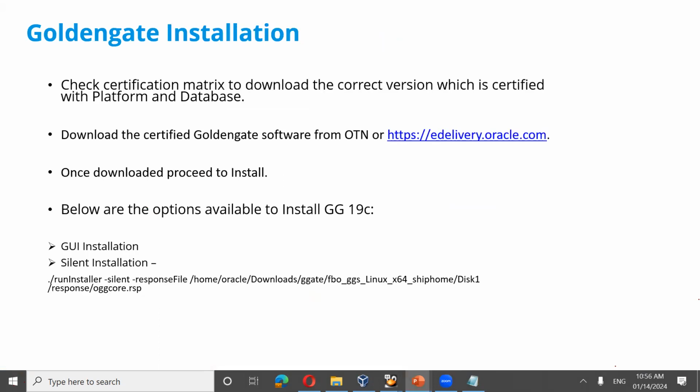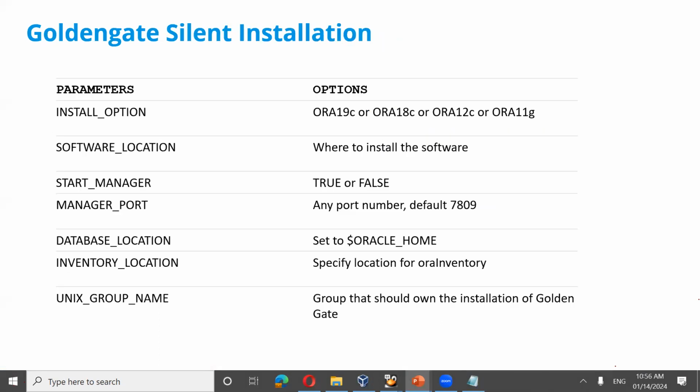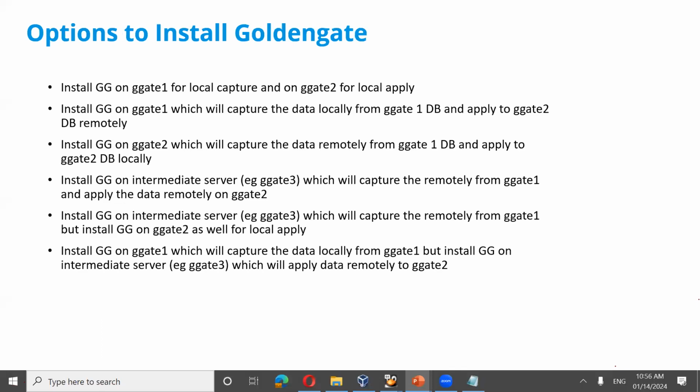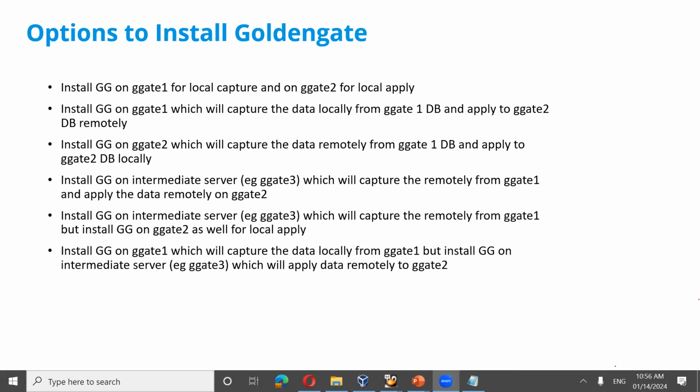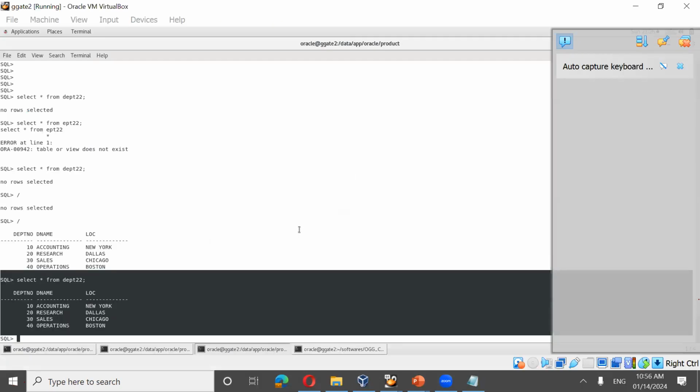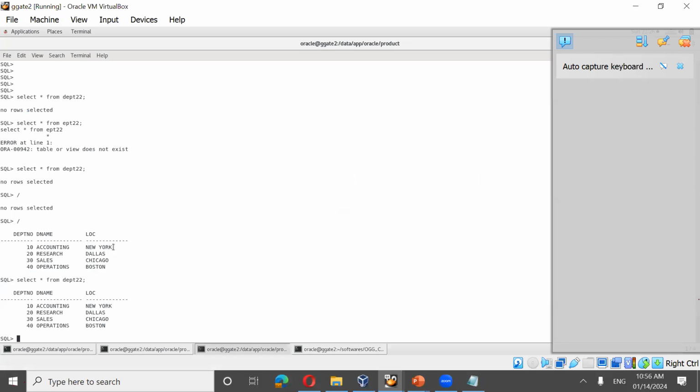For installation, you can do both GUI as well as silent installation. Now you can use Goldengate as a hub as well. So you must have heard about Goldengate as a hub architecture. One of the options to install Goldengate is, what we have done right now: in this type of system, we are installing Goldengate locally on both source and target. That means the local Goldengate installation is serving